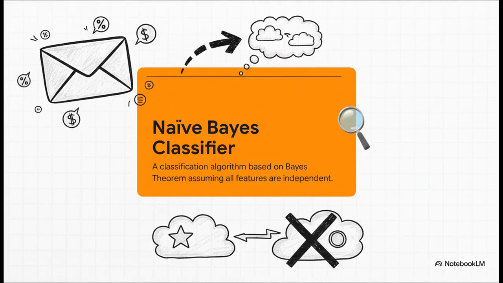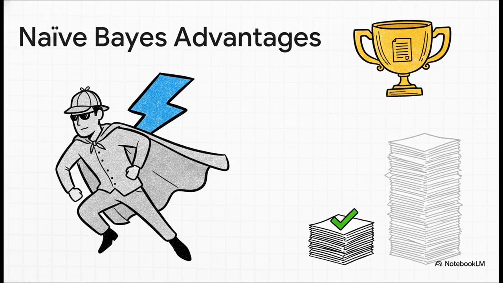And that brings us to the classifier itself and why it has that name, naive. It takes that powerful theorem and then makes one giant, kind of silly assumption. It pretends that every single word in an email is totally unrelated to any other word. So it doesn't get that words like free and money are a classic duo. To our detective, they're just two separate lonely clues. Now, obviously, that's not how language really works, but this little white lie is exactly what makes the whole thing unbelievably fast.